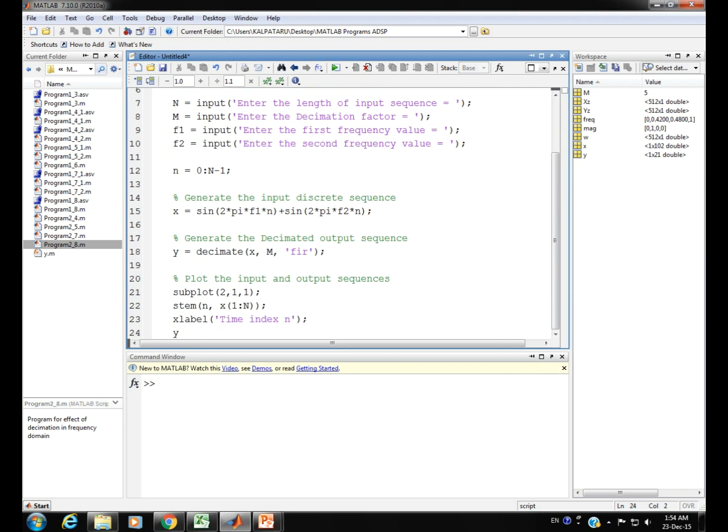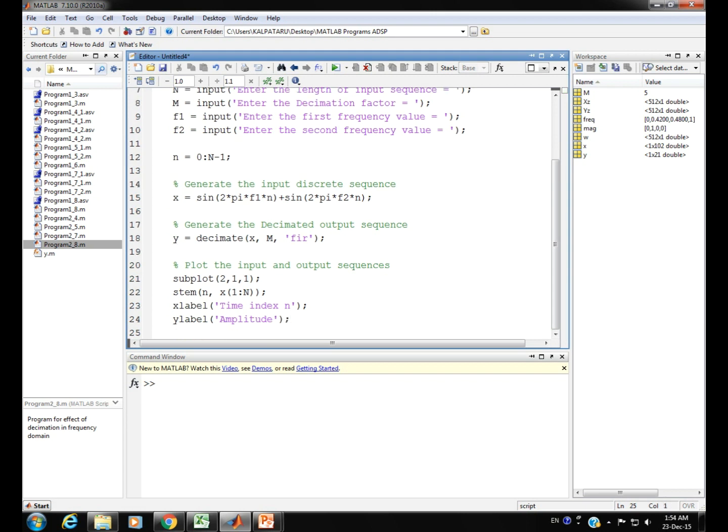Then the other axis is the vertical axis, so I mention the syntax ylabel, and therein I put the keyword amplitude, ending with a semicolon here, and a brief title to this plot in the first cell of the subplot. So it is input sequence.